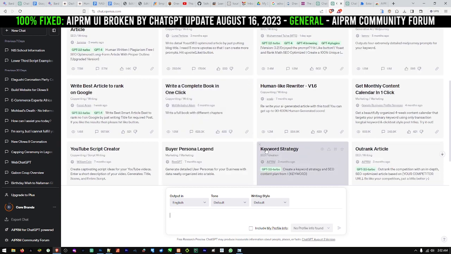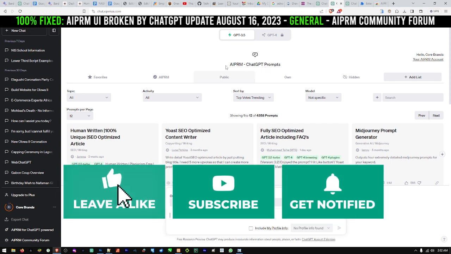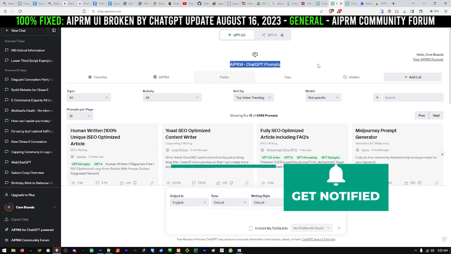So that is how you fix this little AIPRM extension problem. Like I said, there are many factors that are responsible for this, but the most important thing is that is how to fix it. And a bonus tip: make sure your browser is up to date. I think you should avoid this, but in case your browser is up to date and you're still experiencing that, just follow the steps I just showed you,